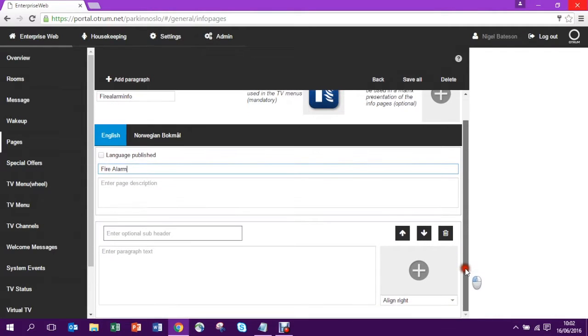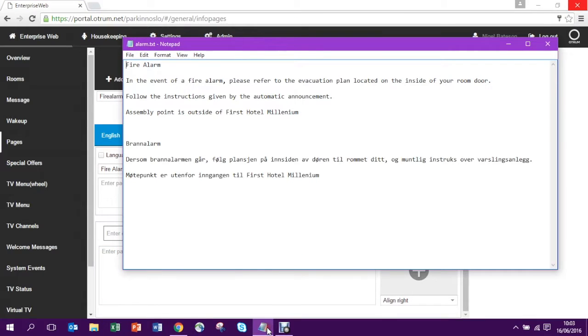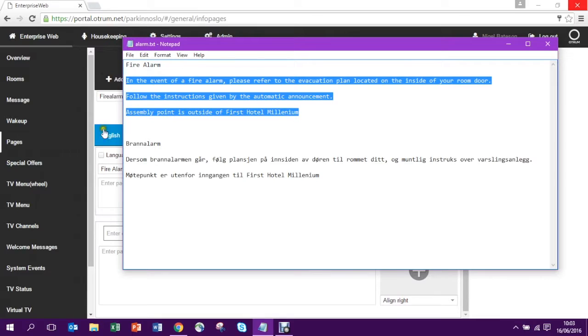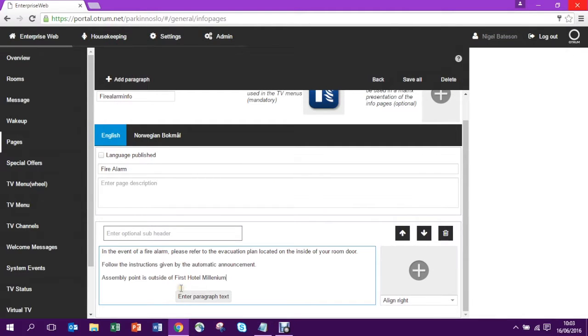Okay, so let's give the title that the guest will see. So in this case we're writing fire alarm and we're doing this on the English page. And then we need to put in our text. Now I already have my text ready, so I'm just going to paste that in to the information page. So there's our text in English, title and body text,